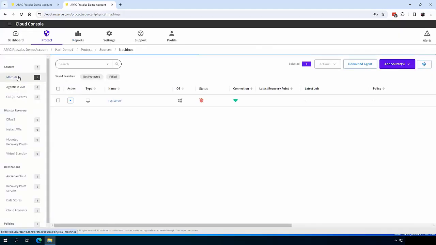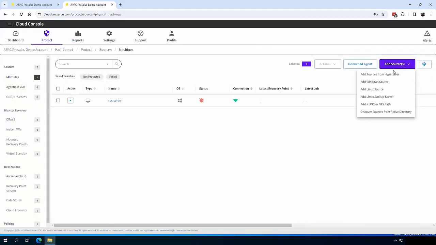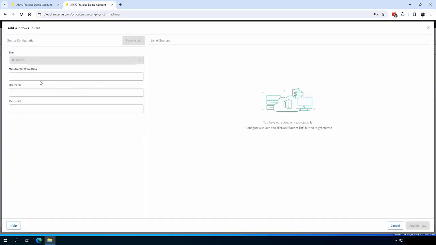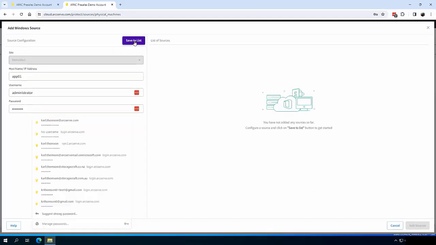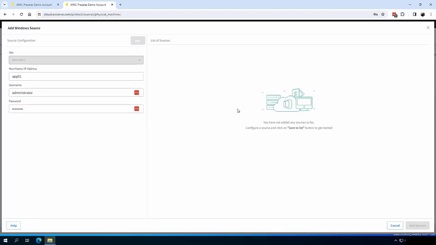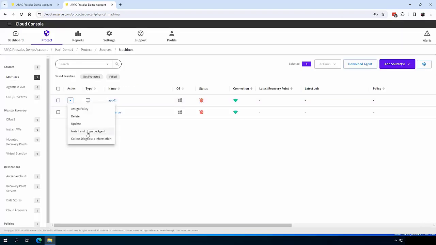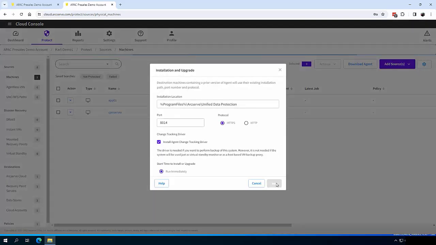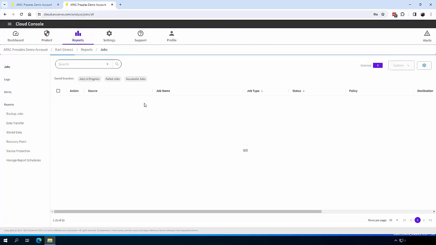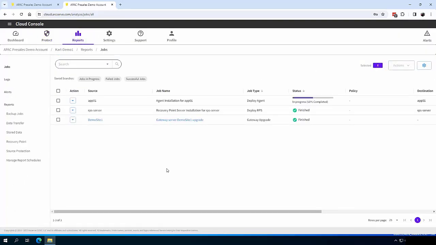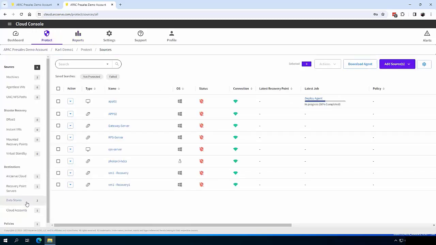Cool. And then for machines, I'm going to go and add source and add a Windows source. So I'm wanting to deploy the agent here. So I've got a machine called app01, save to list. So I'm going to go and deploy the backup agent to this particular machine and click add sources. Install and upgrade agent, start. Reports, jobs, there we go. All right, well, just while that's installing, we can actually move ahead here on this point